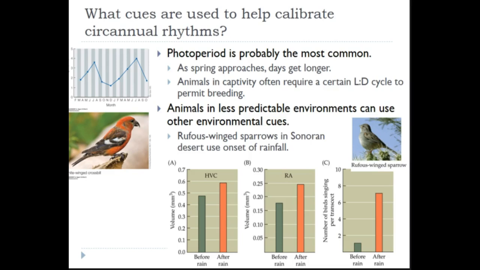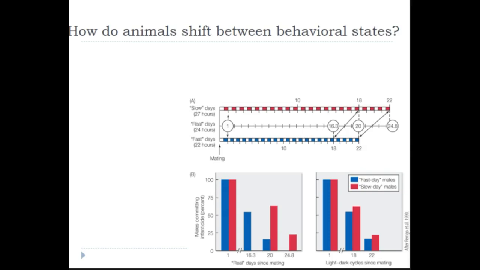Okay. So what I want to do then is switch gears a little bit. I should have had a chapter outline slide come up so we could transition. And instead of focusing on these sort of behavioral schedules, talk about other kinds of switches in behavior. So how do animals shift between behavioral states beyond just sort of circannual rhythm kinds of decisions?